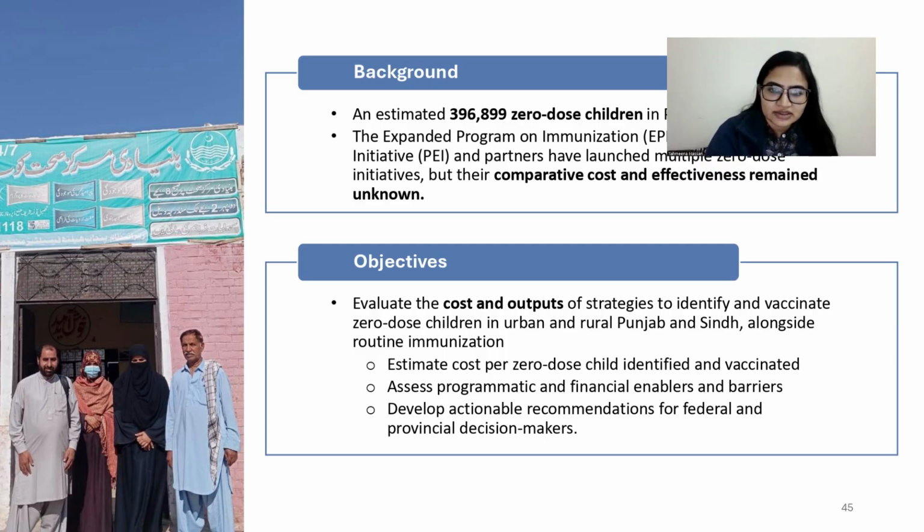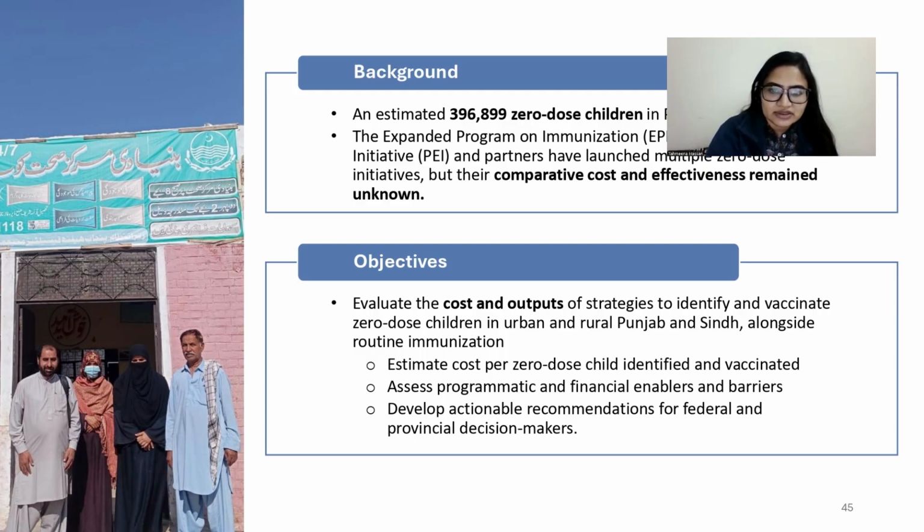To cover these immunization gaps in service, the country has been initiating several additional interventions which help in reaching the zero-dose children. But the success of these programs is usually counted as the total number of zero-dose children reached by these interventions. The costs versus benefits were never calculated for these additional strategies. So in our study, the aim is to evaluate the cost and the outcomes of these special initiatives, which helped in reaching the zero-dose children in urban and rural parts of the country.